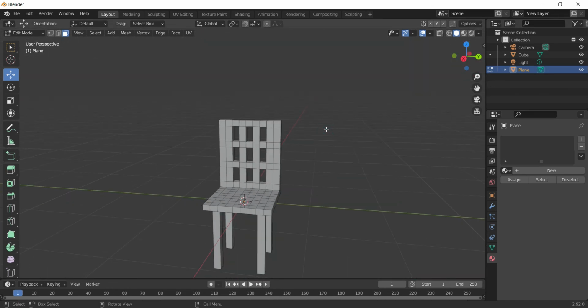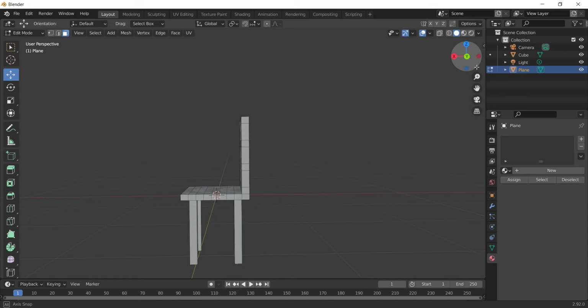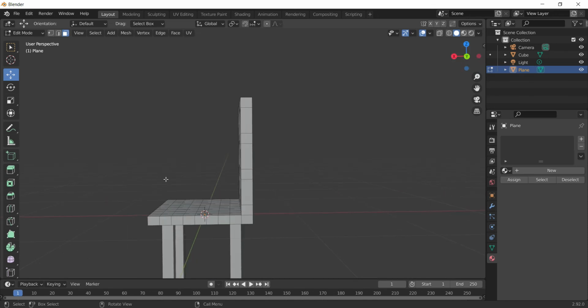Now the next part in this chair, what I want to do is go to the side portion like this, and give some sort of slant angle to this support. It is 90 degrees straight, which might not be very supportive for the back.